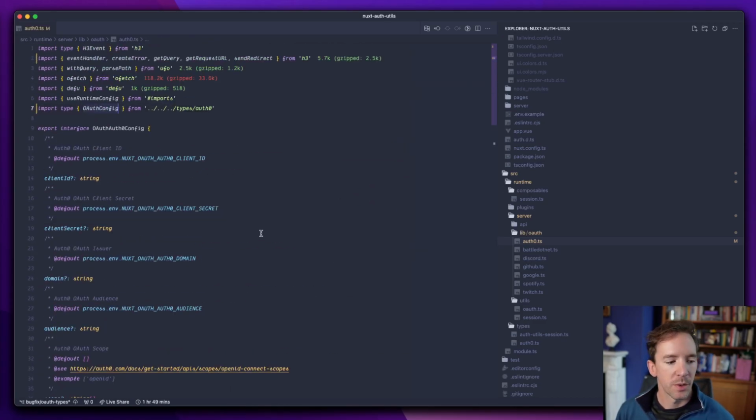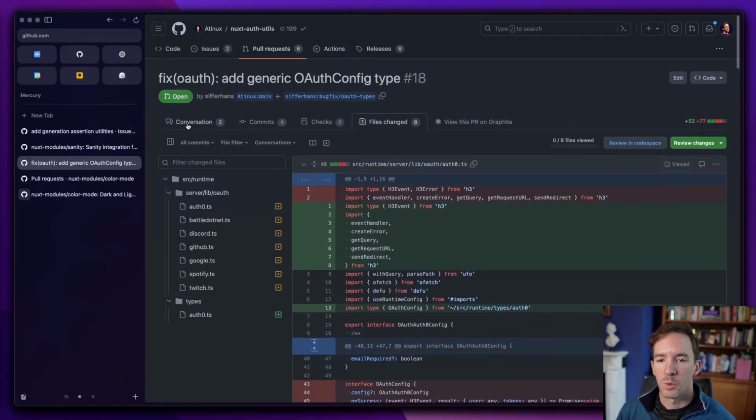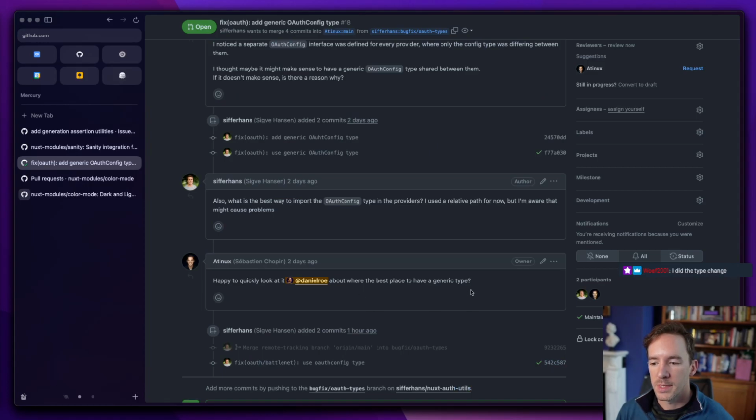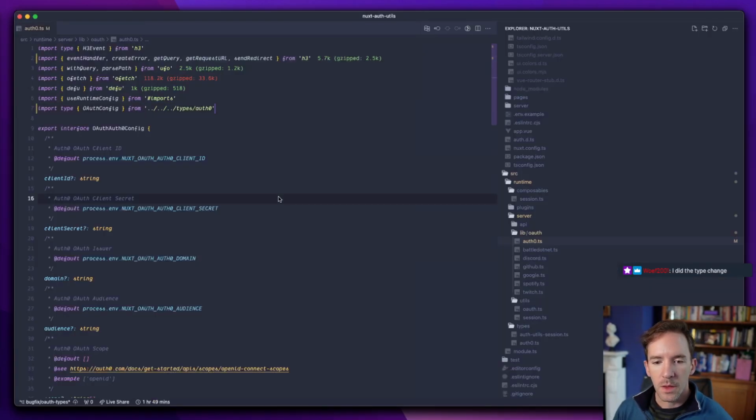We could also make this globally available if we needed to. Which will be a point, something to have a look at. So the best place to have a generic type and import it. Okay, so probably what we want to do